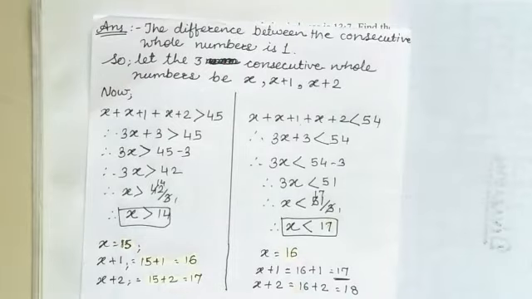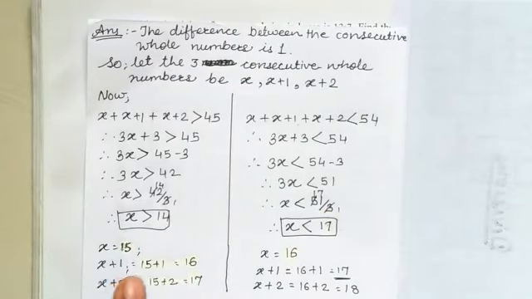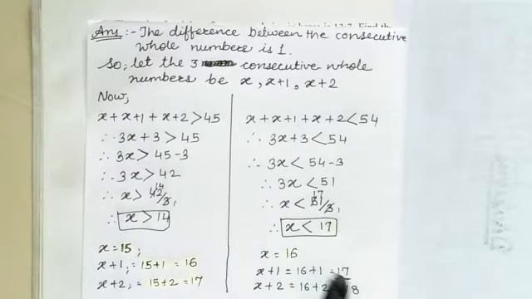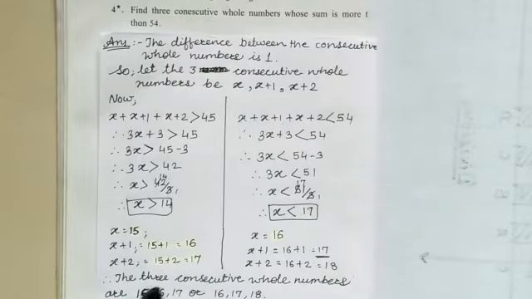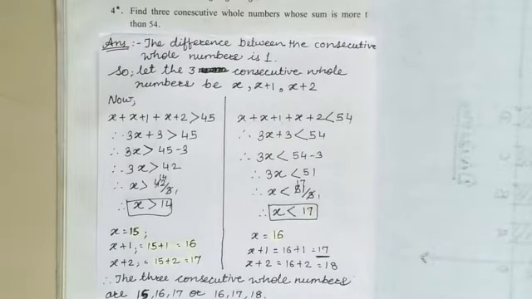Got it, students? So on the basis of these two equations, we can find out this group of three consecutive numbers, that will be 15, 16, 17 or 16, 17, 18. So let's write the answer in words. That is, the three consecutive whole numbers are 15, 16, 17 like this way, or it might be 16, 17, 18. That we have to write in words. So this is the whole answer of question number 4, which is a little bit different. If you want, you can take out the screenshot and write it systematically in your classwork notebook.